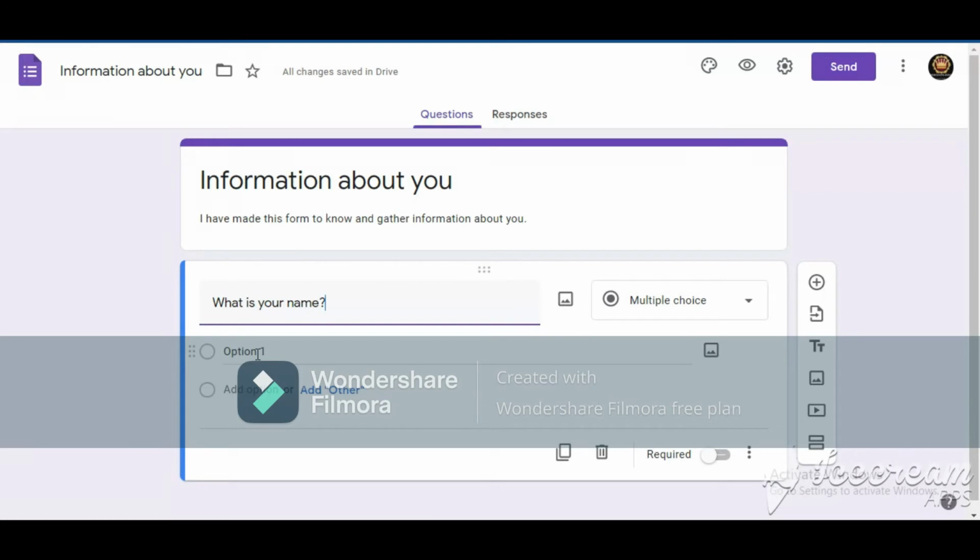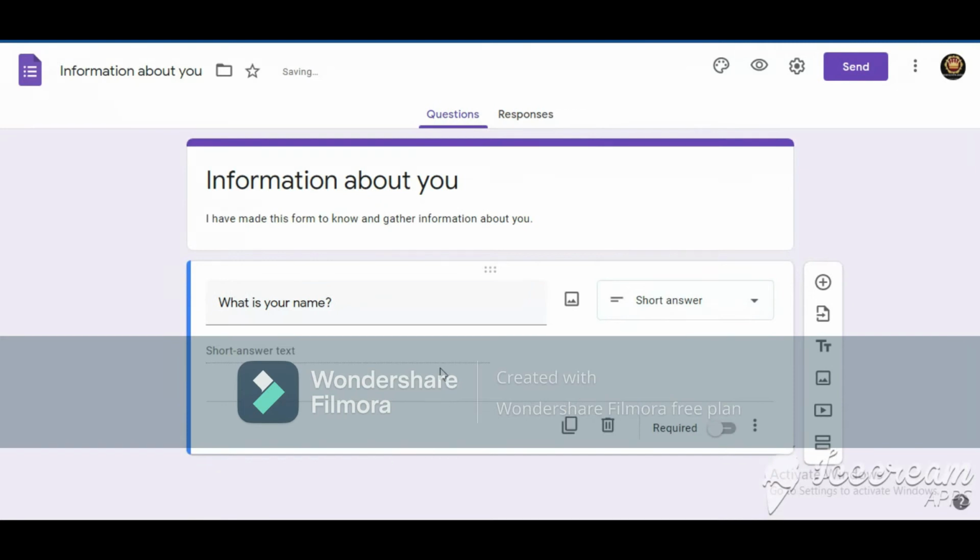Then the person who is going to answer this might answer this question, but if we make him write the answer in a sentence, then he could make it. If we don't know that person's name, then we should click on short answers. Then he can type his name over here. If you keep the MCQ method, then the person cannot type his name over there. If you know that person's name, then you can go with the MCQ method. Then after completing it, we are going to see the next step.